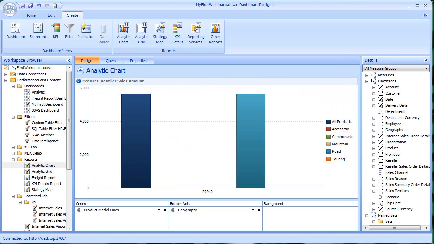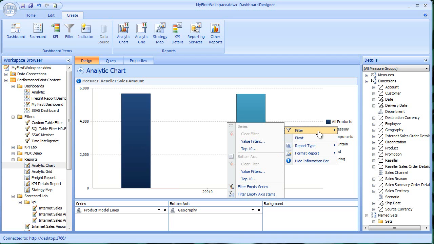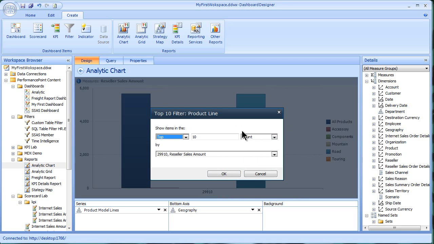Now that we've created our analytic chart and our analytic grid, let's take a look at some of the features. I've got the analytic chart up here, and if I right click, depending on where I right click, I'm going to have different context menus. And you see up here I've got my filters, so I can go in here and select a filter, and we could select like top 10. And now this little filter pops up, show items in the top 10 from, and I can pull that down: percent, from zip code, reseller sales amount,